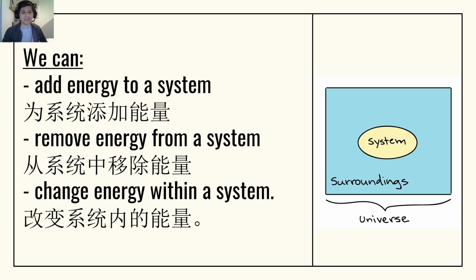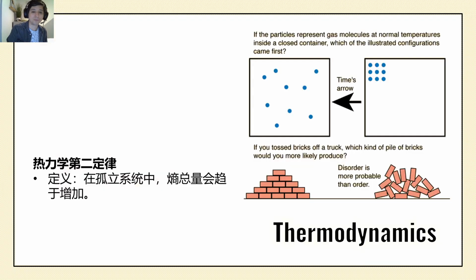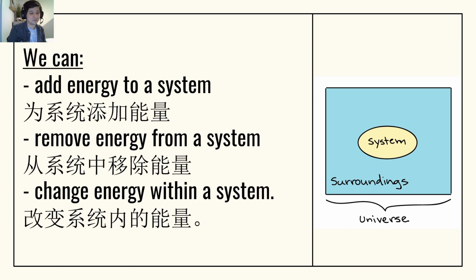No energy was created in this. When we turned on the stove, energy was not being created. It was just being transferred from electricity into our stove and then into the pot. And then eventually it will become heat, evaporate, and go into the air, or go into the counter. It's transferring from one system to another, essentially. So again, we're going to try to keep the first law simple, because I think it's pretty easy to understand. The basic idea is energy cannot be created or destroyed. So that's what you have to remember.